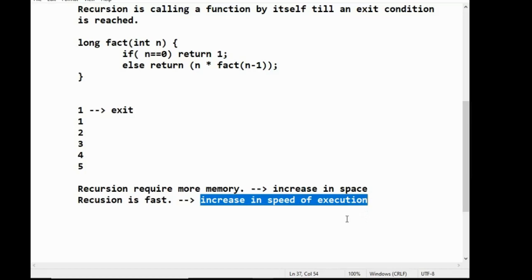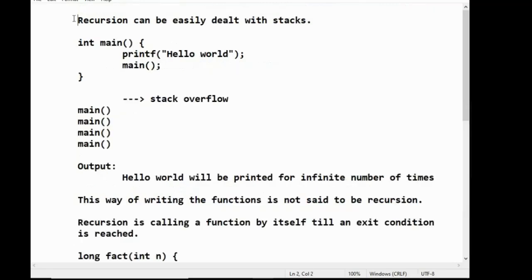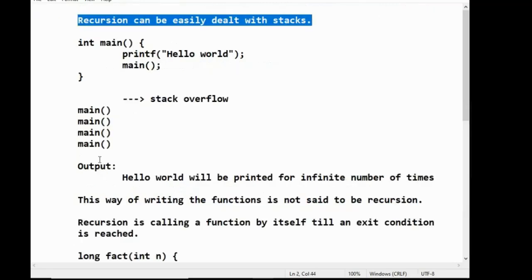Space complexity is the amount of memory required for a program to run to its completion, whereas time complexity is nothing but the amount of time, or the number of CPU cycles, required for a program to come to its completion. So recursion is very fast in execution, but recursion requires more memory. And recursion can be easily dealt with stacks that we have seen now.